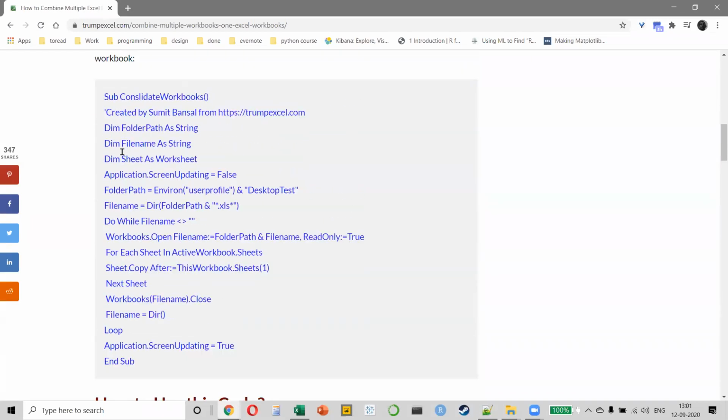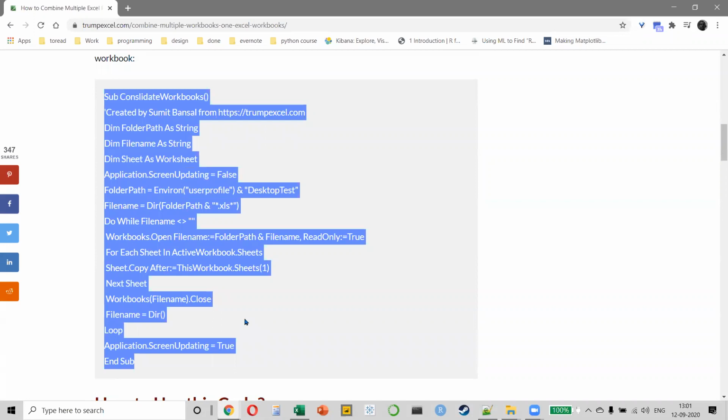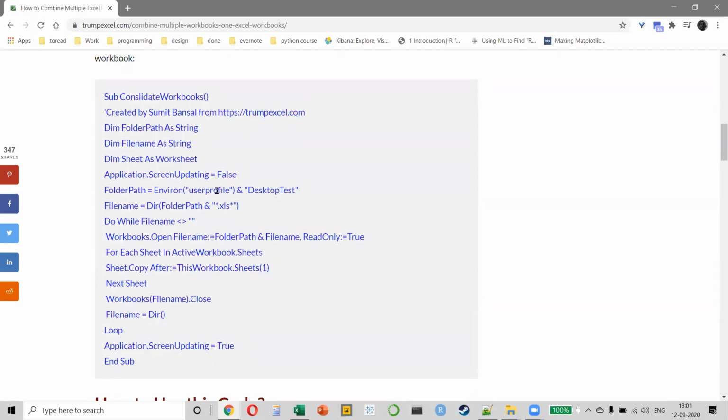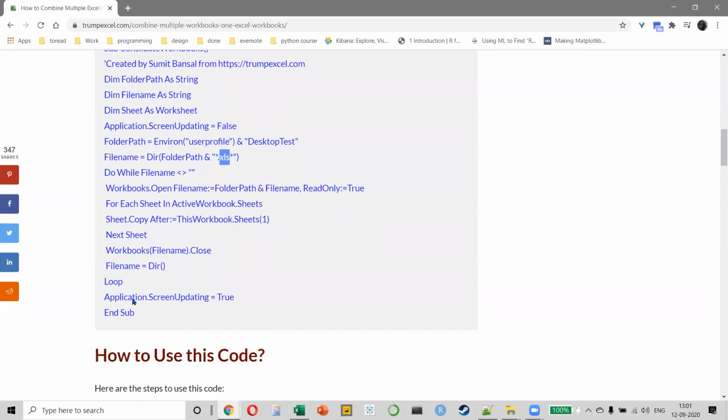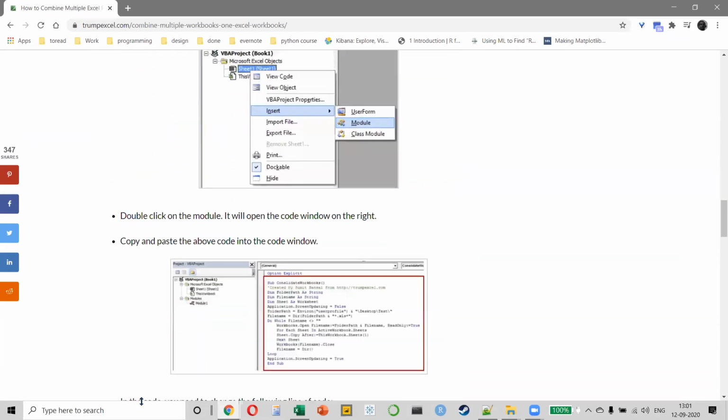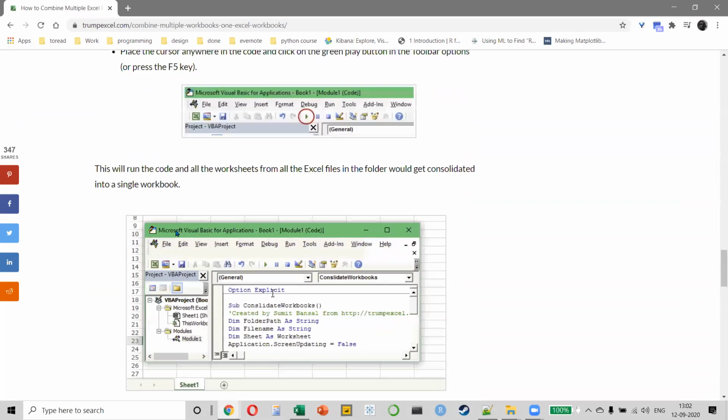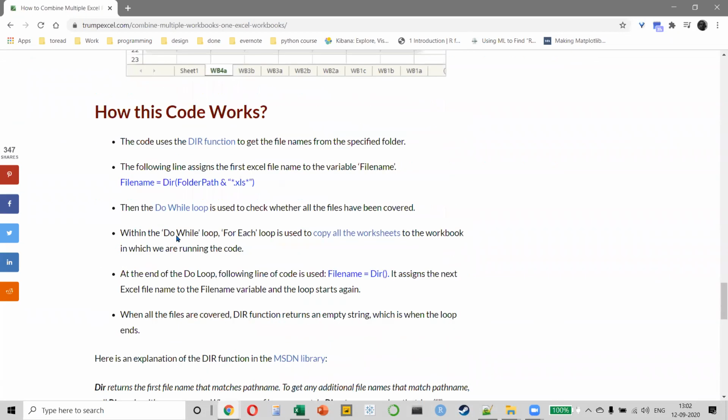And there are VBA codes like this available. Right? But this will have to be modified. Like you'll have to change your environment. You will have to change the path. Then you'll have to change the extension. If the extensions are different, then you will have to use an operator here. You will have to assume that the sheet names are the same in every workbook. So it is possible, but do remember that there are a lot of prerequisites that you will have to keep in mind. And it's definitely much more difficult.